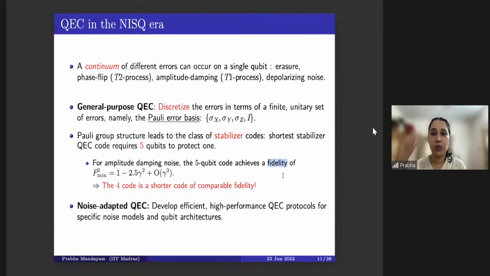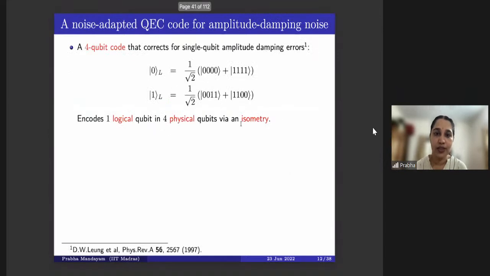So this is how I want to motivate the idea of noise adapted QEC, that you move away from this mode of general purpose QEC. You actually care about what is the underlying noise model. You don't simply look at it as one of the Pauli errors, and then you try to design error correcting schemes for that, okay? So this is an example of a 4-qubit code that corrects for single qubit amplitude damping